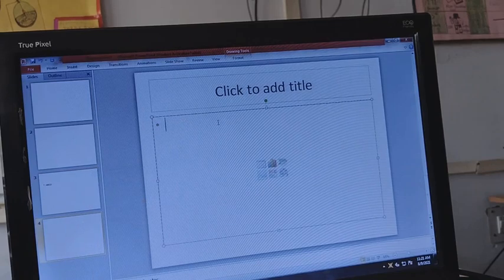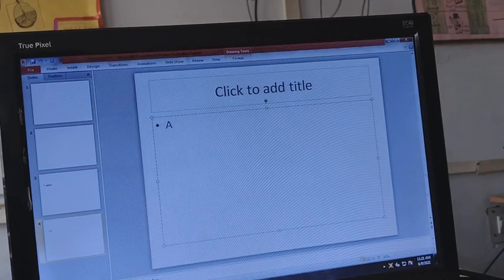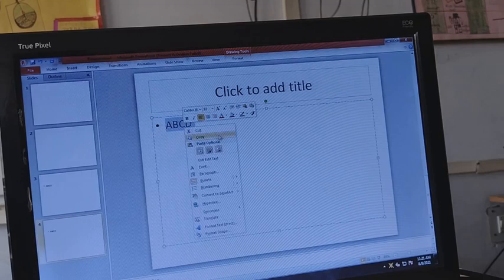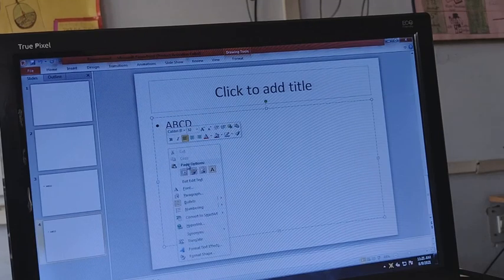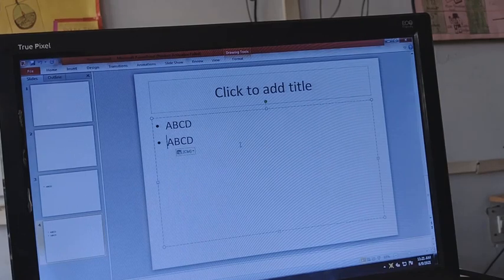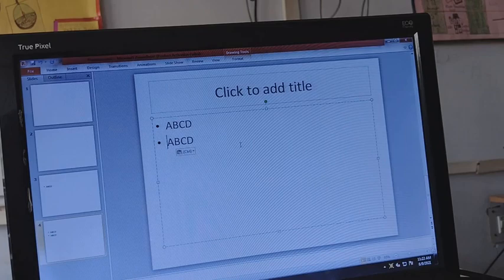This is the easiest way to edit your text. To move your text, similarly, do a right click and use the cut and copy options, and then paste it. I have told you several times that to cut, copy and paste, there is no need to use the mouse with the right click. You can use the shortcut keys.